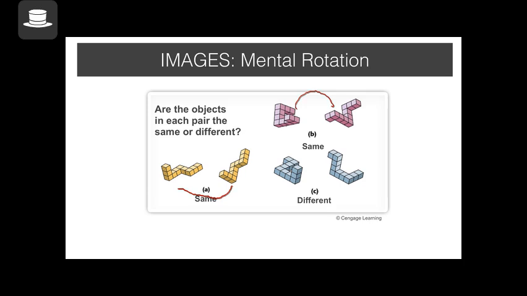What researchers found was that participants took longer if the angle of rotation between the two objects was more, when compared to when there was a smaller angle of rotation between the objects. In fact, it was in line with the actual time taken to physically rotate an object, suggesting that we use pictorial, or at least visual representations, in a way that, this is called embodied cognition. We use it in a way that it is in real time.